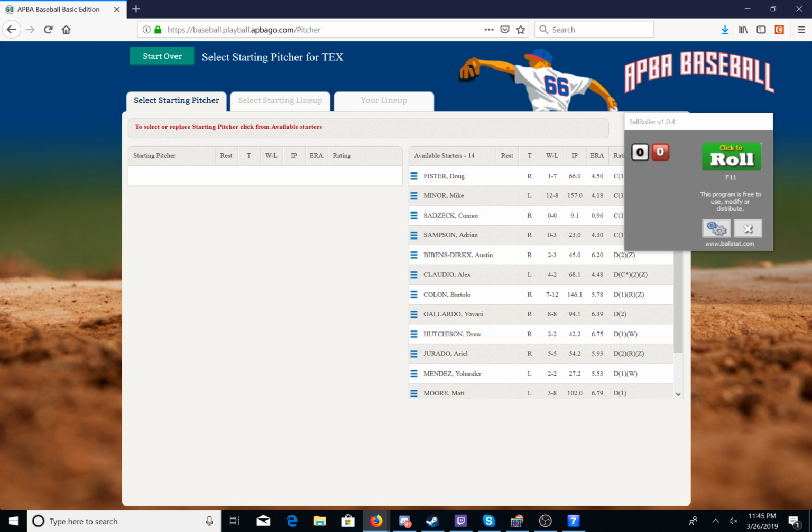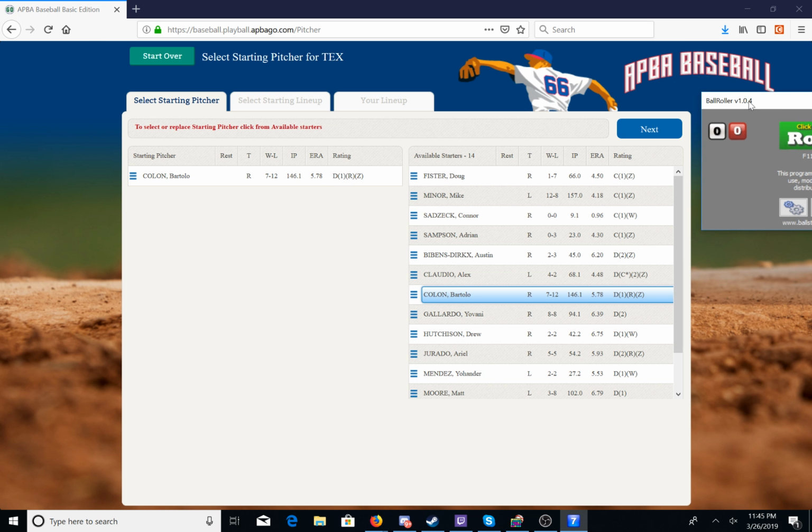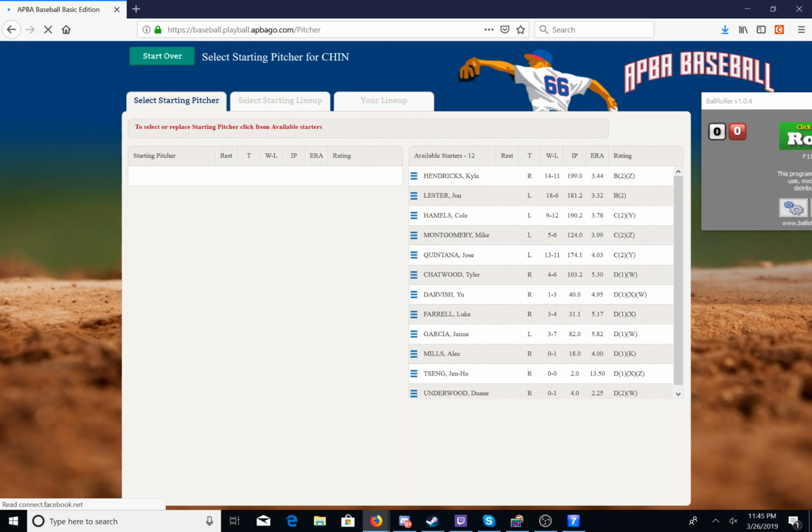We're going to pick Bartolo Colon. We click next. And then we're going to pick the starting pitcher for the Chicago Cubs. And that's going to be Jon Lester. The next thing we do